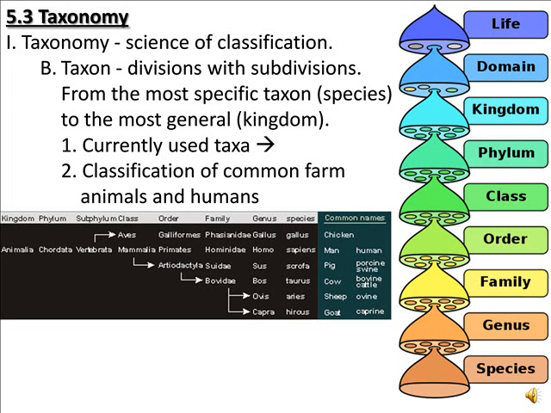If we compare that to the pig, for example, notice the pig diverges from us at the order level. It is an animal and a vertebrate and a mammal, but it is in a different order called Artiodactyla, which are the animals that possess hooves, including pigs, cows, sheep, and goats. The chicken, being a bird and not a mammal, diverges from us at the class level. It is indeed a vertebrate like us, but being a bird is put in class Aves, and then it continues there being in order Galliformes, and continues up to its species, which would be Gallus.